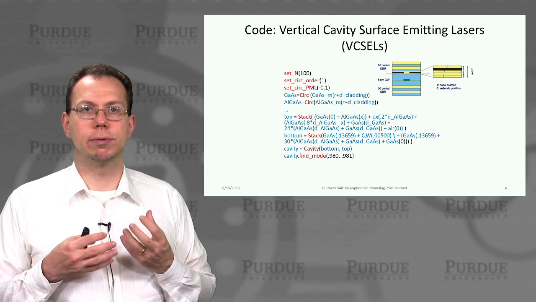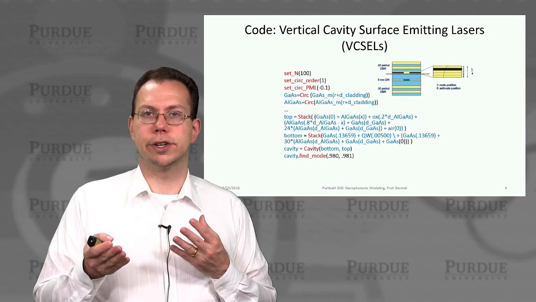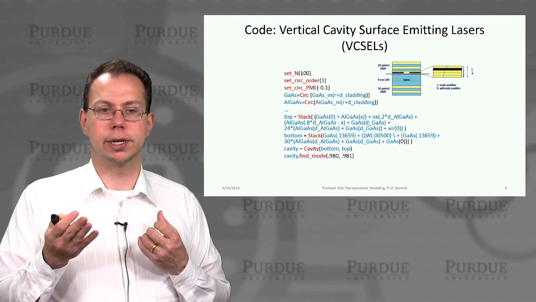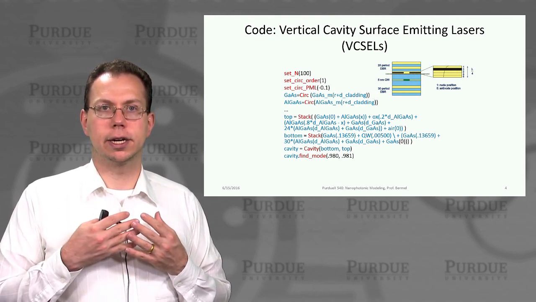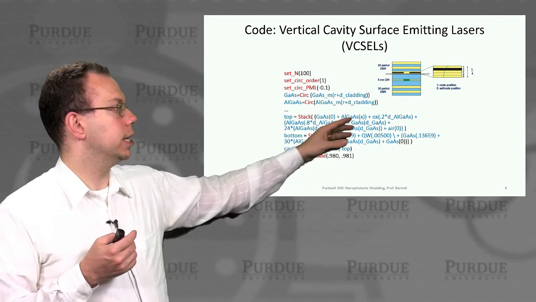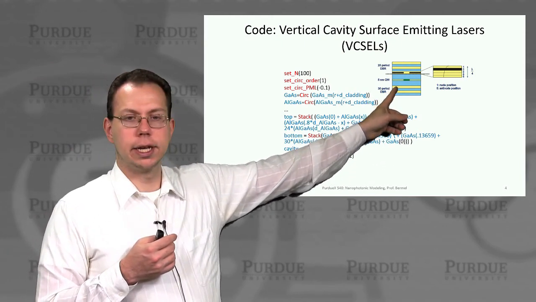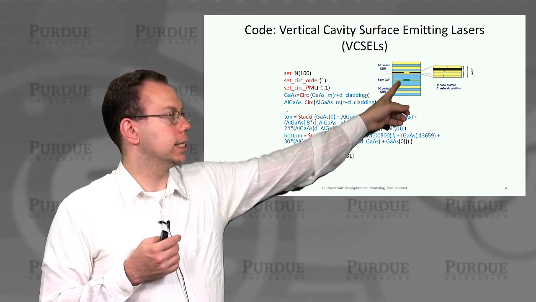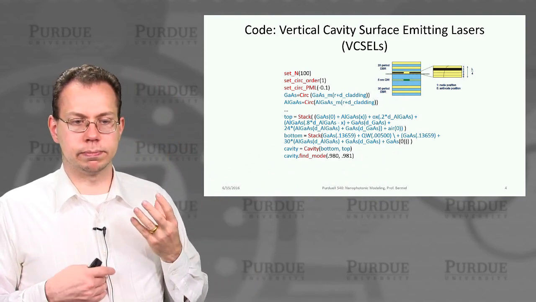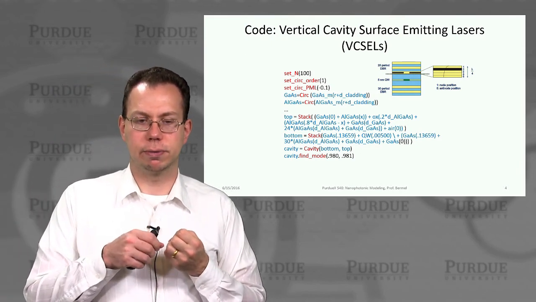And then there's another kind of problem that we can solve that's more advanced, which is for vertical cavity surface emitting lasers, also known as VCSELs, which may sound like a very obscure thing, but it's actually a very common component because it's fairly easy to make in a modern semiconductor fabrication process. And so it basically consists of a bunch of reflective layers, which are made out of distributed Bragg reflectors, and then an ultra-thin quantum well, which in this case is, say, 5 nanometers, plus another set of reflectors on the top.